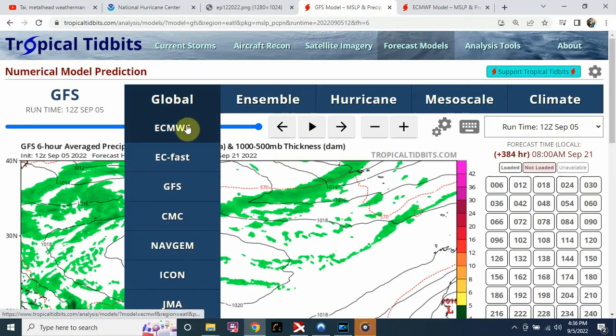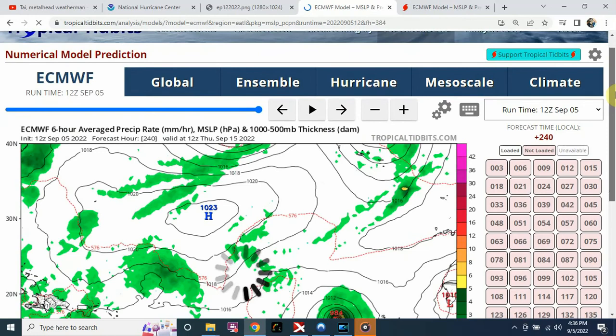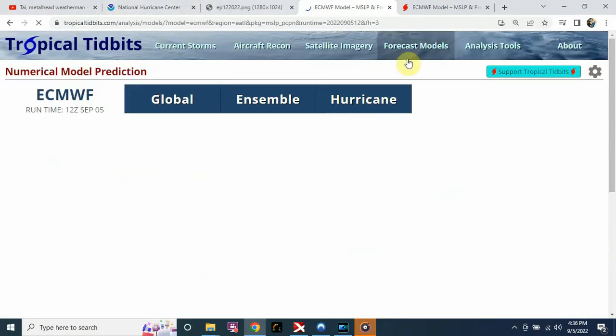So we're going to go ahead and look at the operational European runs today. We're not going to look at the ensembles, because I mean, it's pretty black and white here as to what we have going on, and the Euro has a very different picture that we're painting here compared to the GFS already. Okay, so